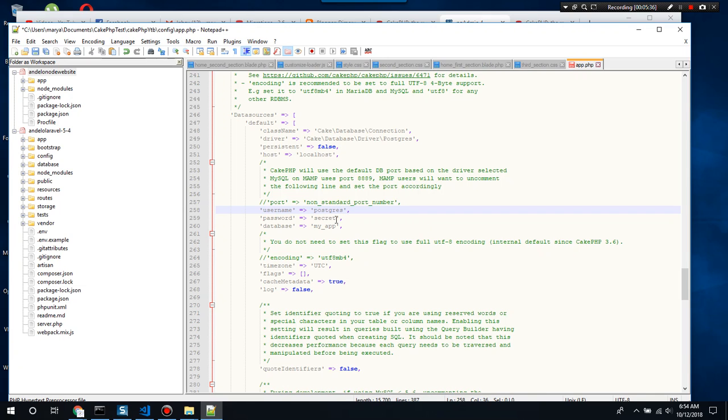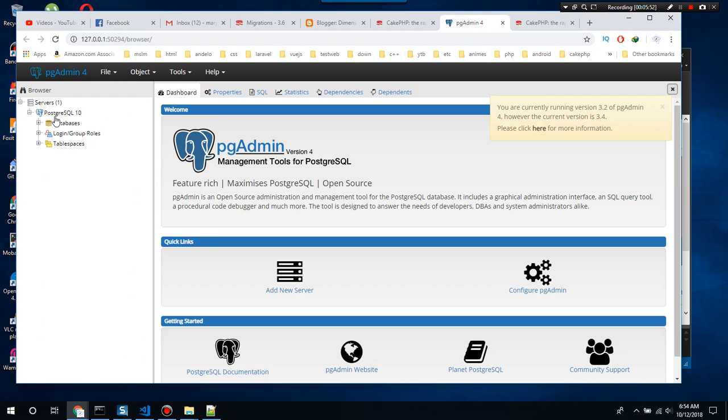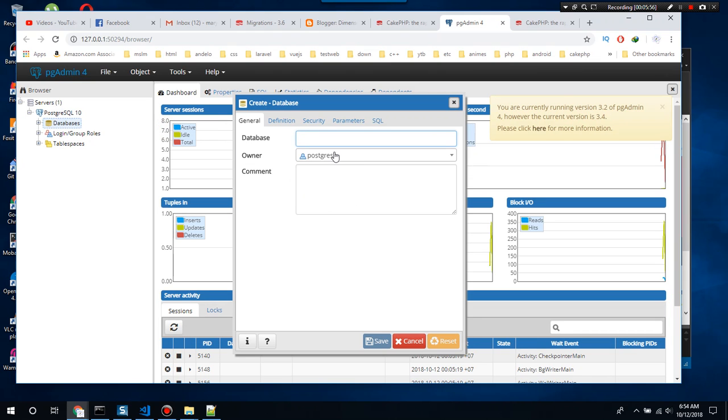The password is your own password. For me it's admin098, and for the database, I haven't created any database, so I'm going to create one first. So just right click here, create database, and then cakephp_youtube_db, something like this. Just hit save.